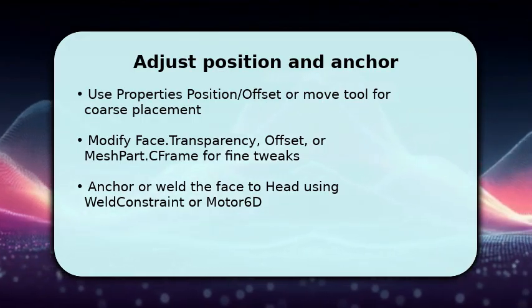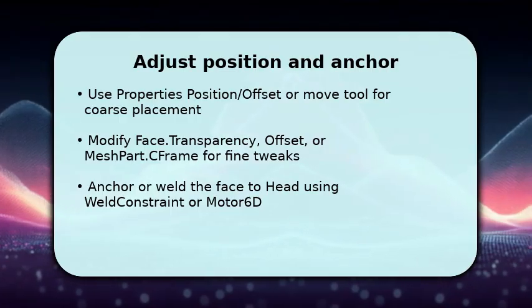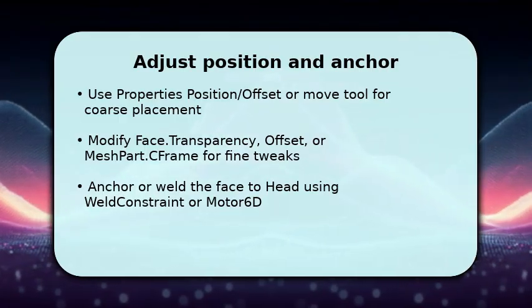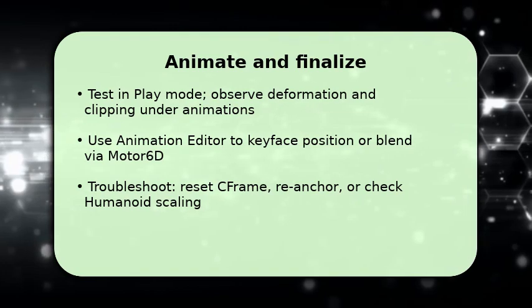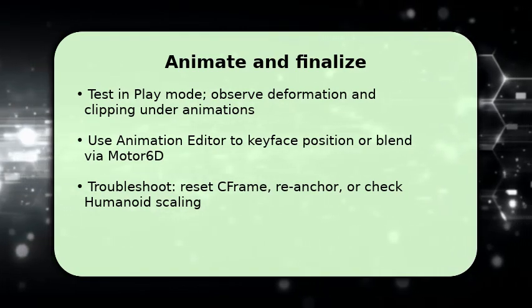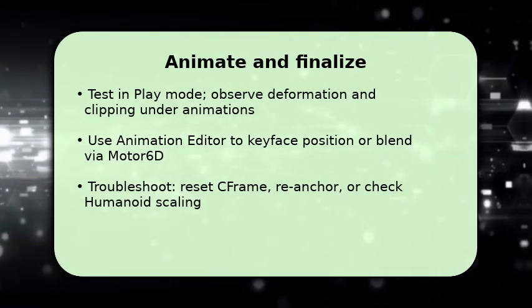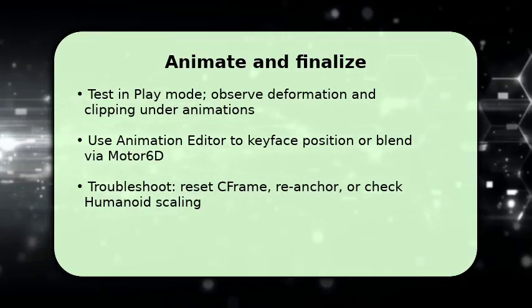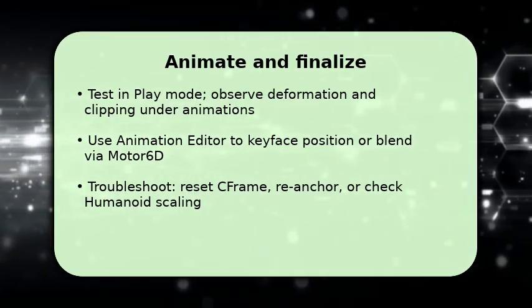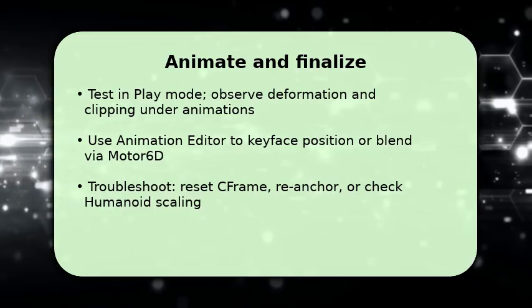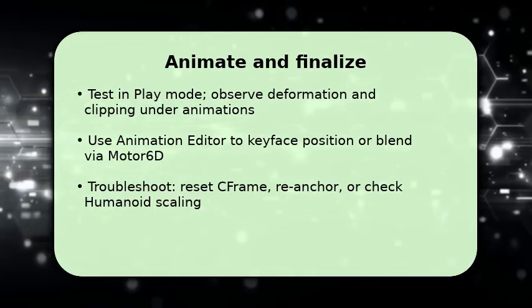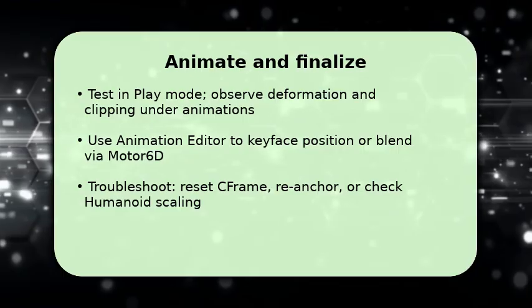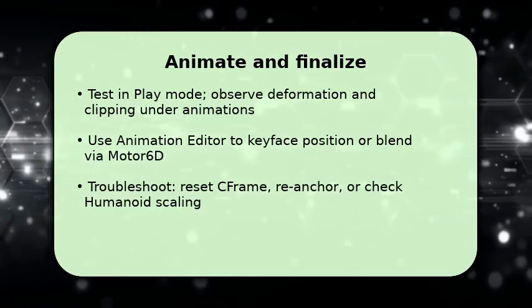Finally, test in play mode and watch how the face behaves during movement. Use the animation editor to key face position or drive the Motor6D for animated shifts. This ensures smooth transitions. If things go wrong, pause and check the CFrame values, confirm the weld constraint is active, and verify humanoid scaling isn't stretching the head. Make adjustments iteratively and save versions. Once satisfied, publish your